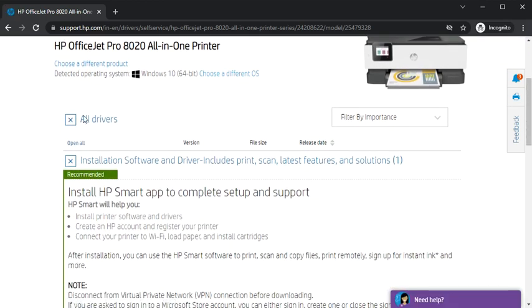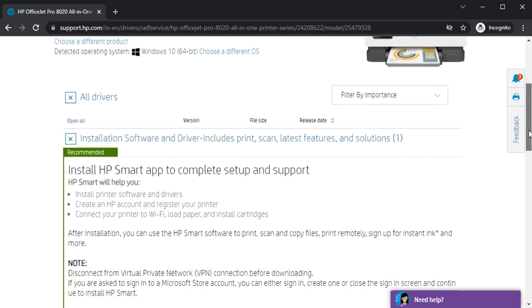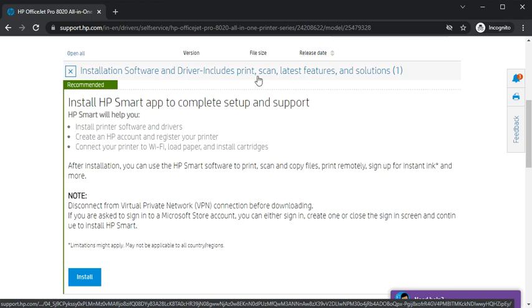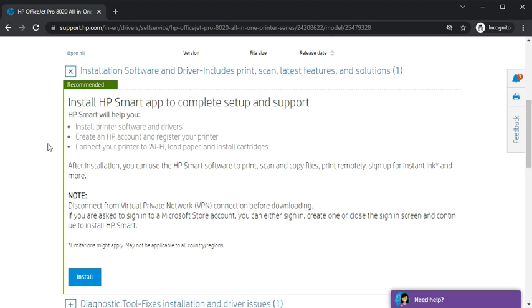On this page you will see all drivers, and under all drivers you will see various drivers for the printer. Like first one, it is installation software and driver, which is used for print scan latest features and solutions. So this is also recommended by HP because it's a very convenient and useful application, which is HP Smart App. So you can download and install the software,